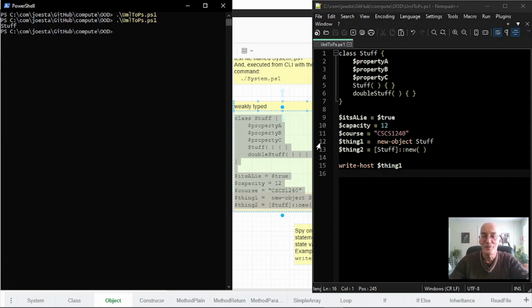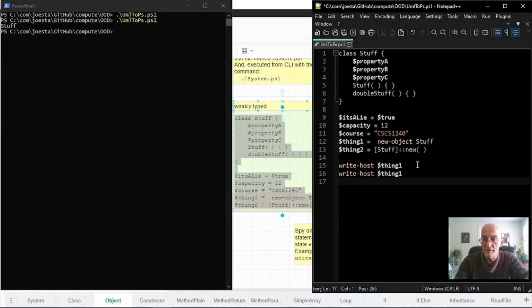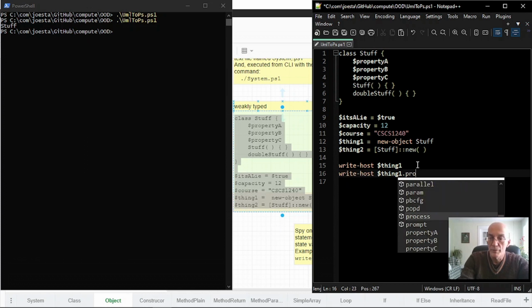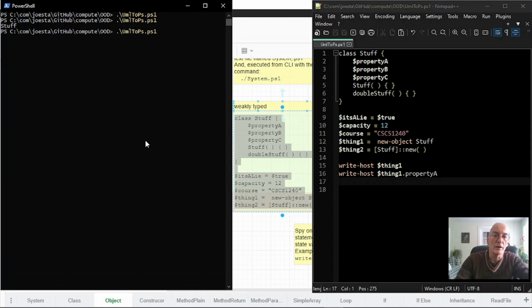Now, you might be wondering, well, okay, stuff property A. What if I wanted to see one of the properties? So then I'm going to say, copy this, paste this down here, and I'm going to say dot, or member of operator, and say thing 1 property, let's do A, I guess. Okay. Notice I don't need another $ sign there. Okay. I save that, I come over here, and